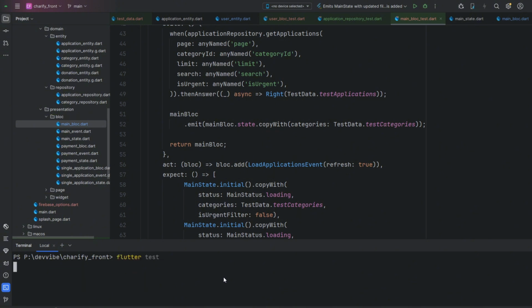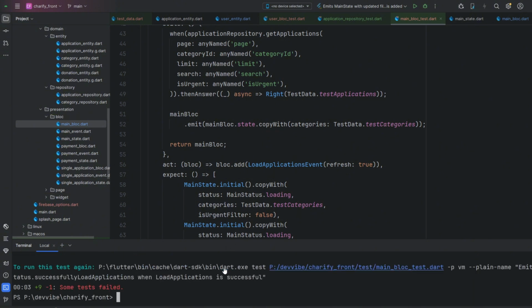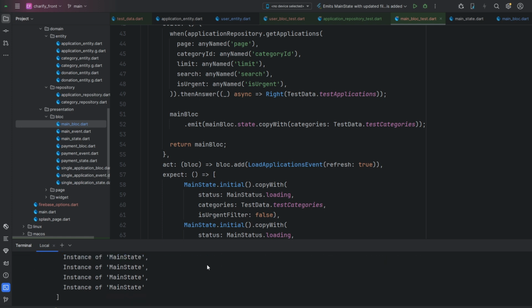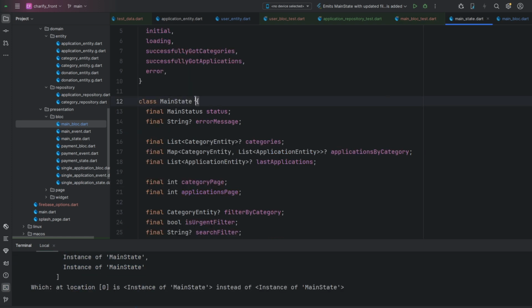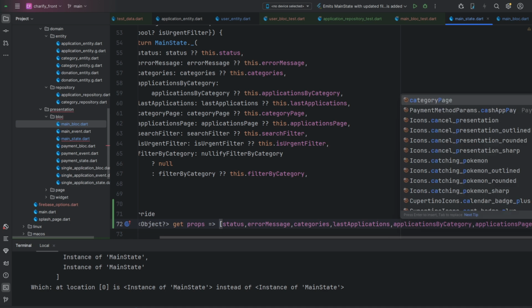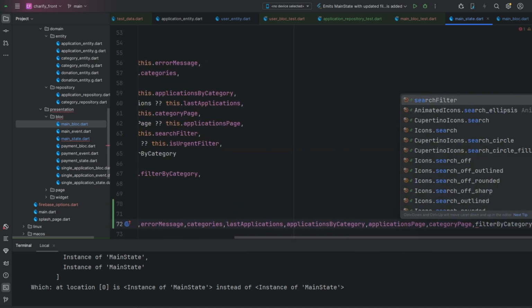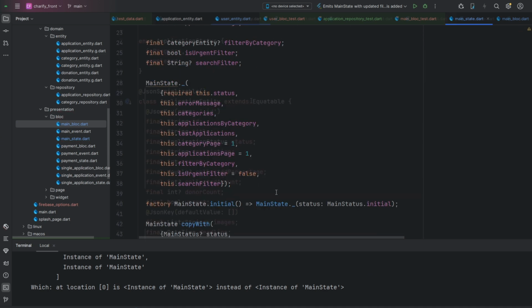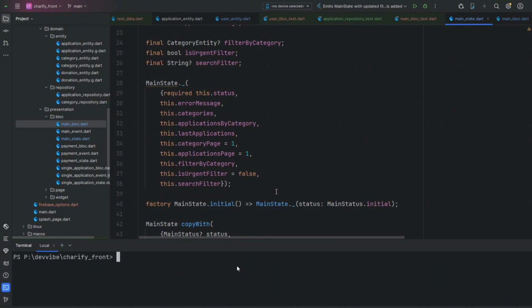Let's run our test. As we can see, it failed. The issue is that we need to inherit from equatable in our main state class because we're comparing it. Let's run the code again. This time, as we can see,